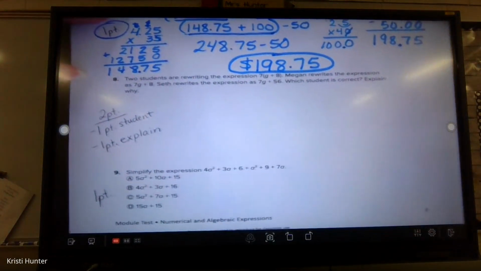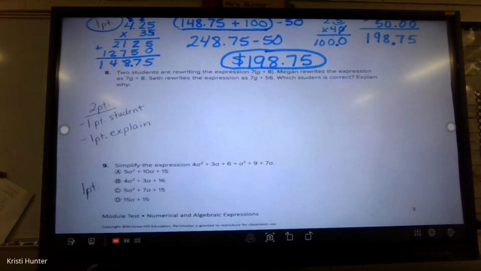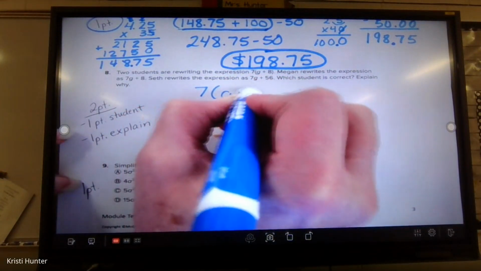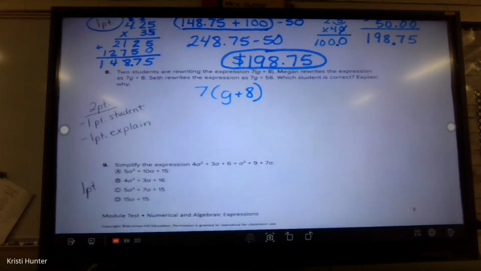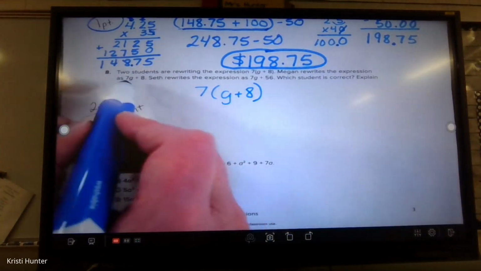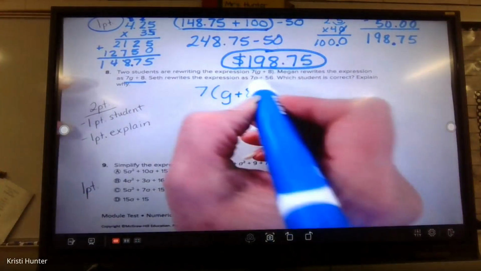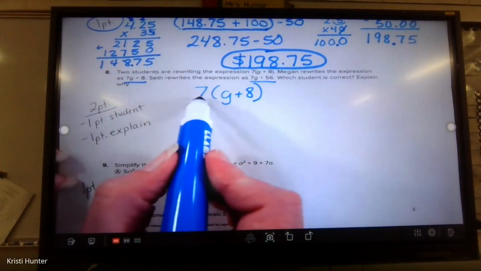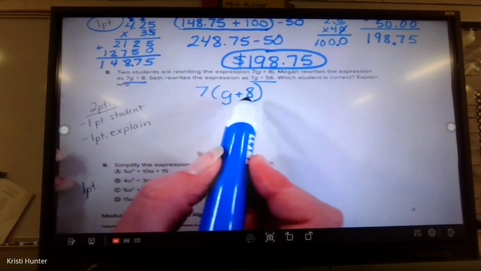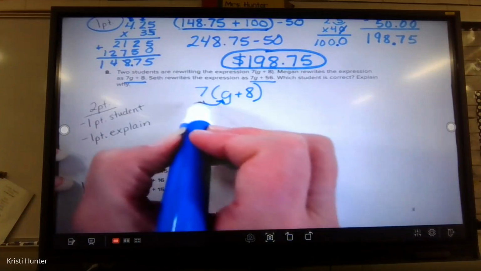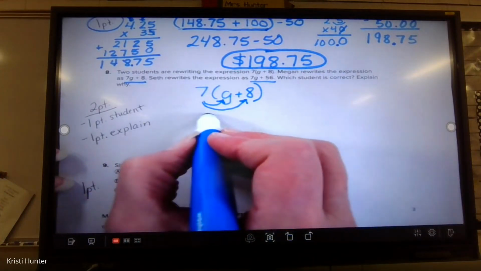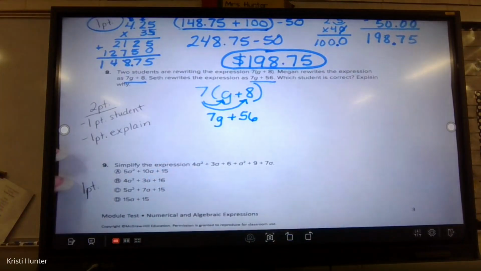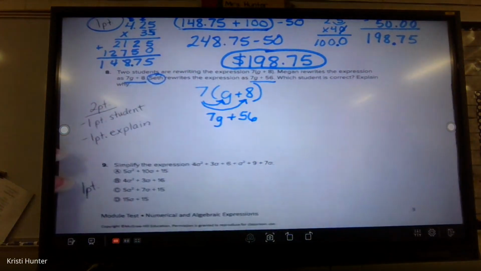Number 8 is a 2-point problem as well. It says 2 students are rewriting this expression. 7 times g plus 8. And the g plus 8 is in parentheses. Megan rewrites the expression like this, 7g plus 8. Seth rewrites the expression like this. So here's what I know. If I have a number times parentheses, I've got to take and distribute that number to each piece. So I would have 7g plus 7 times 8 is 56, which means Seth is correct,